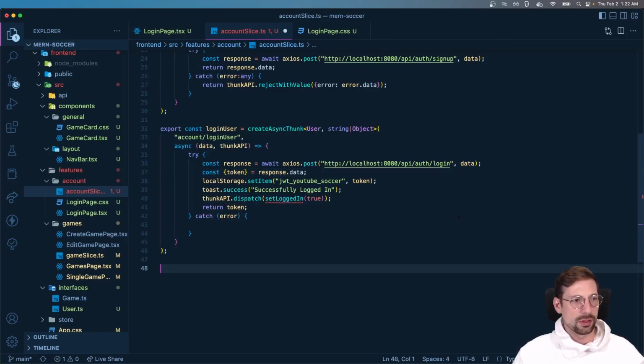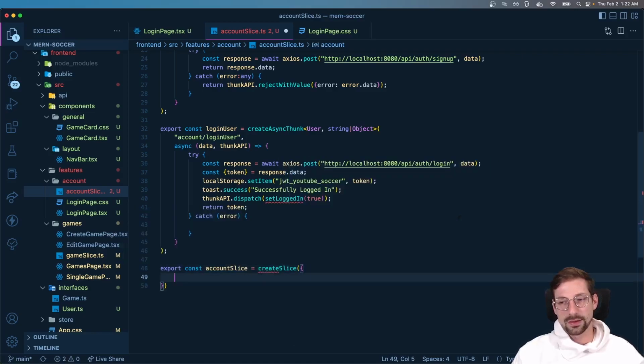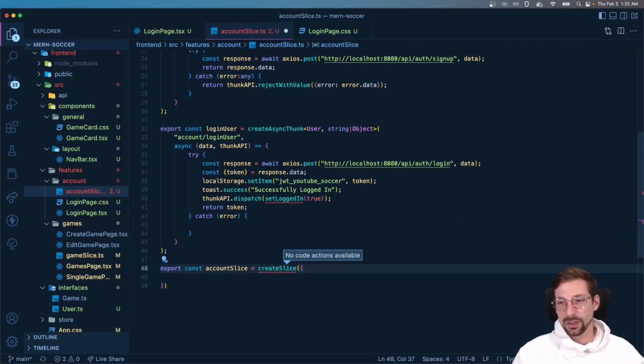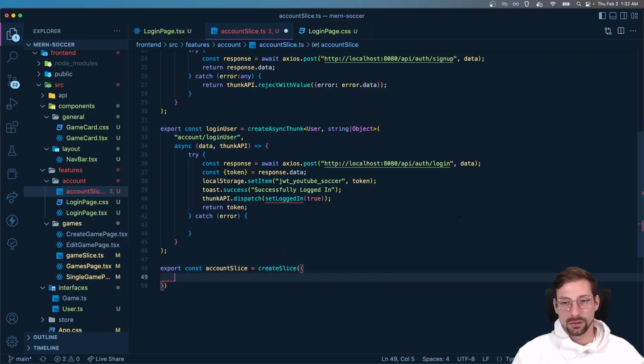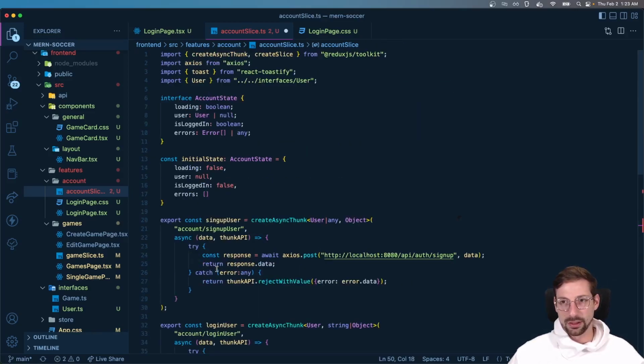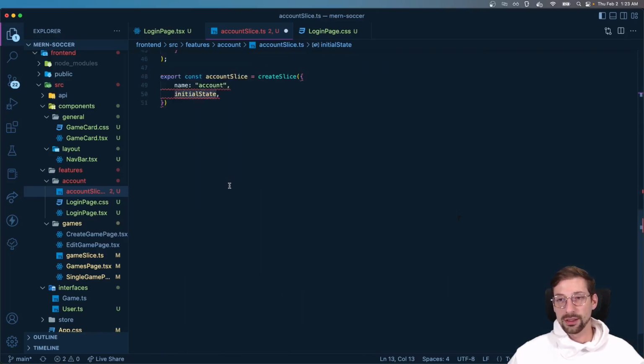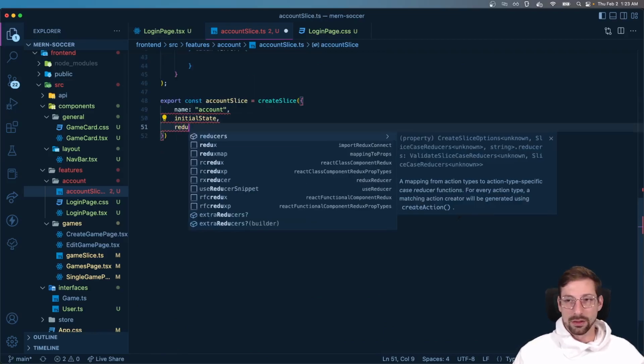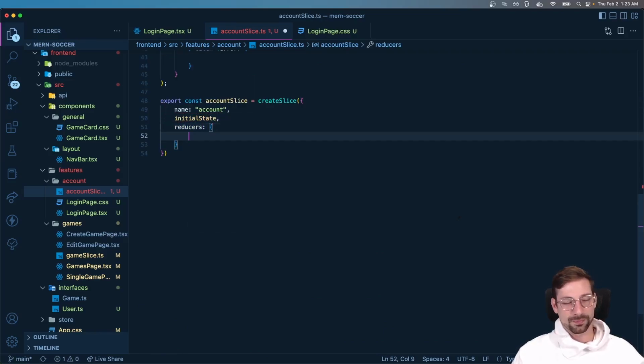And this should be fairly quick. So export const account slice equals create slice, which, by the way, should be imported from the React Redux toolkit library. There you go. The name of this slice will be account. It will have the initial state that we declare here, because that's the state that it will be handling, and the reducers, which in this case we will use, is